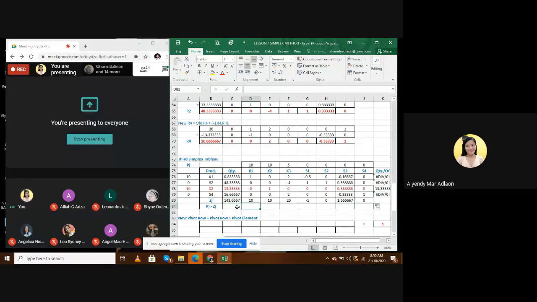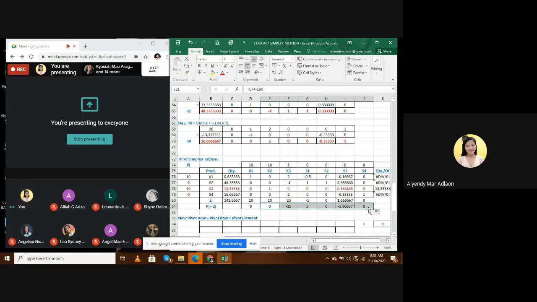Now for the PJ minus ZJ, right? You see this is the PJ, labeled PJ. And then, this is the ZJ. So for PJ minus ZJ, PJ 10 minus ZJ 10. Okay? As you can see, there is none here. Okay, none here. Class, it is a quantity, it is not a profit. It is a quantity, so we don't compute under quantity. But these are products, so each has its own profit. Okay, 10 minus 10, then 10 minus 10 again, then